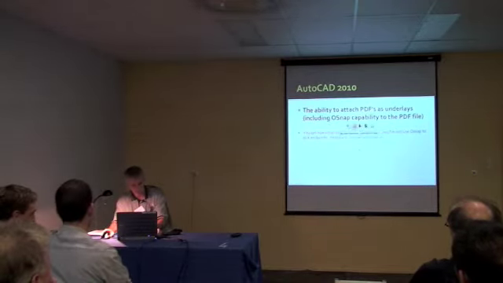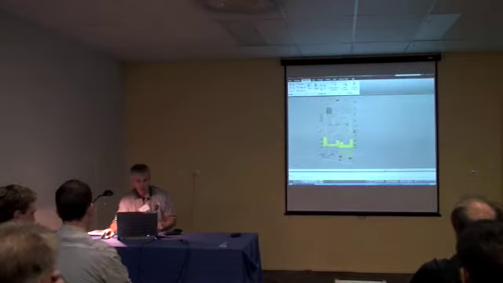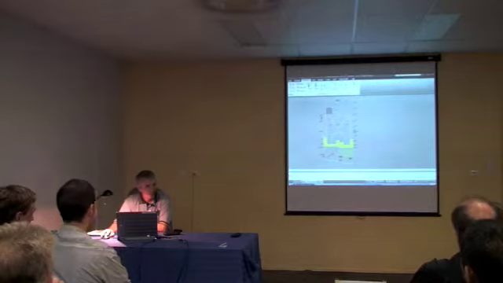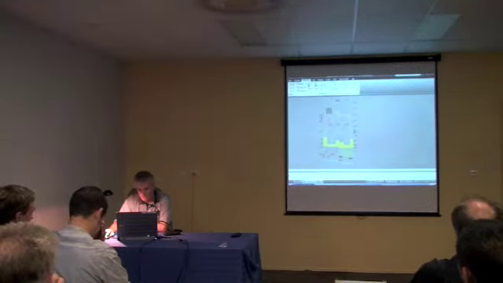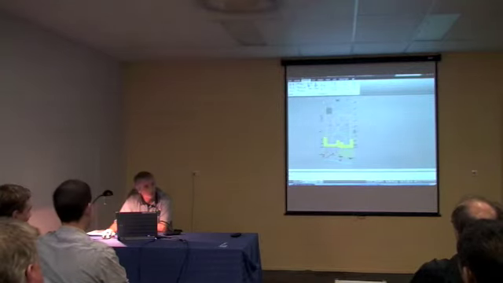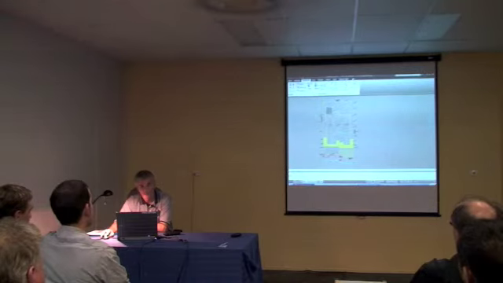So let's go through some of these. So first of all, I'll just show some of the little things they've done. If you're not used to quick view layouts, on 2009 and 10, you may have been used to model and layout views of the tab along here. You're not going to have those unless you go in and change these. And so if I go into the quick view layouts,